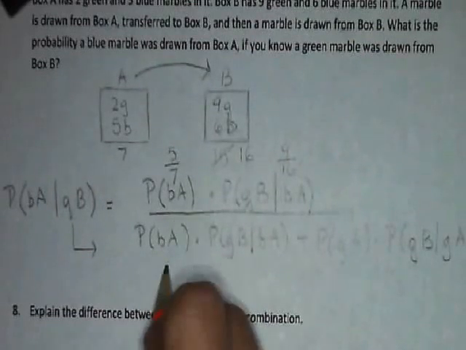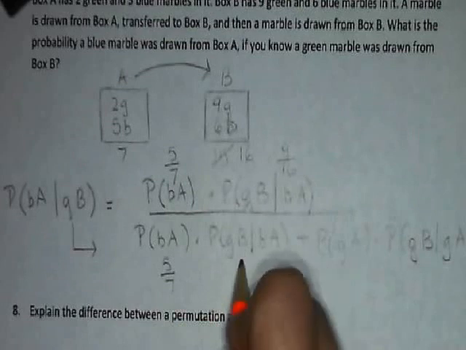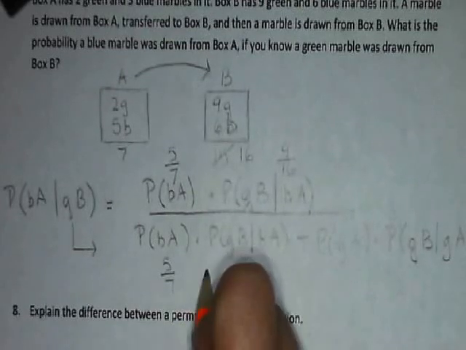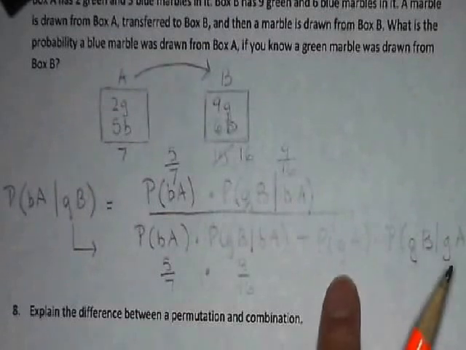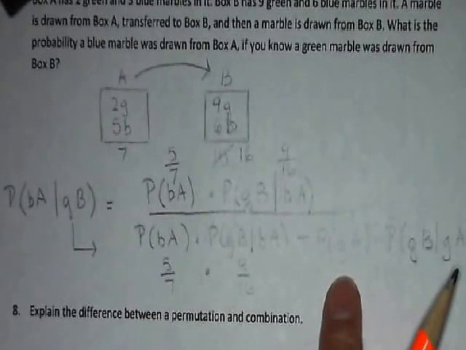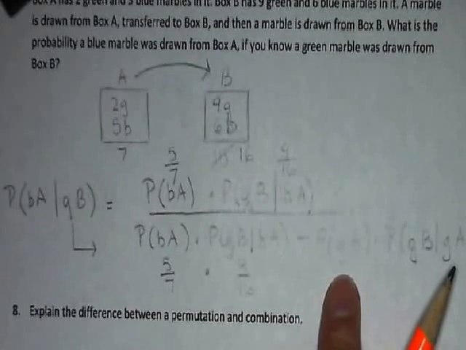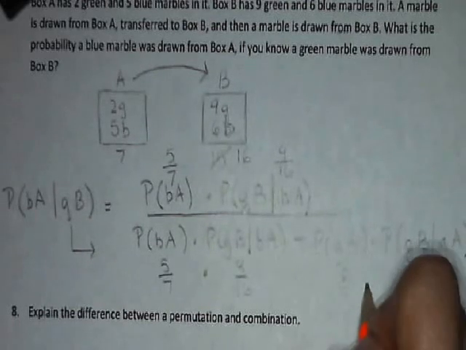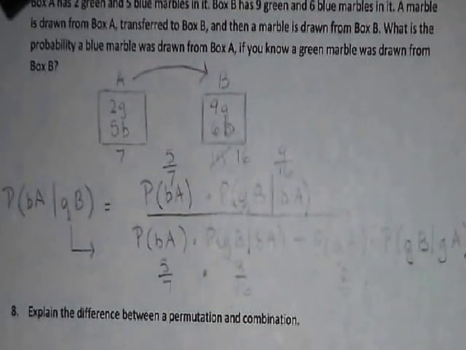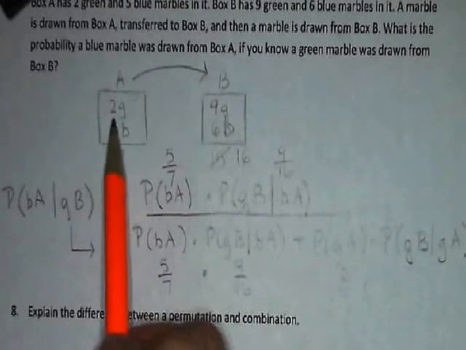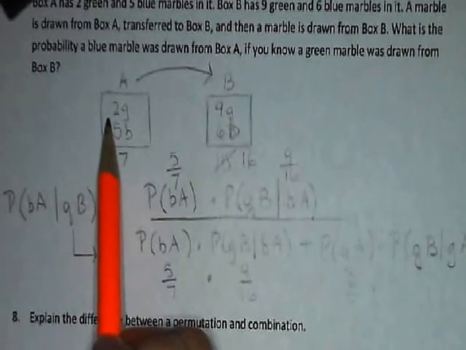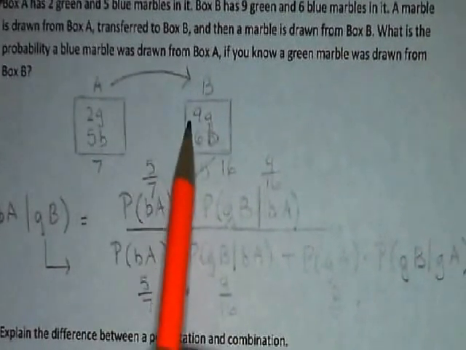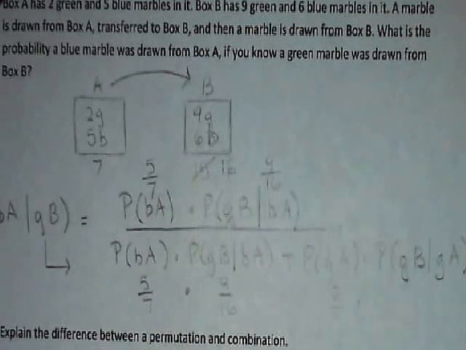On the bottom, we have the same 5/7 and 9/16 for the first product. And then here I need to look at the probability of getting a green marble from box A, which is 2 out of 7, times the probability of getting a green marble from box B given there was a green marble chosen from box A. So again, if there was a green marble chosen from box A, I would be transferring that marble to box B, so now I would have 10 green marbles out of the 16 total marbles, so that's going to be